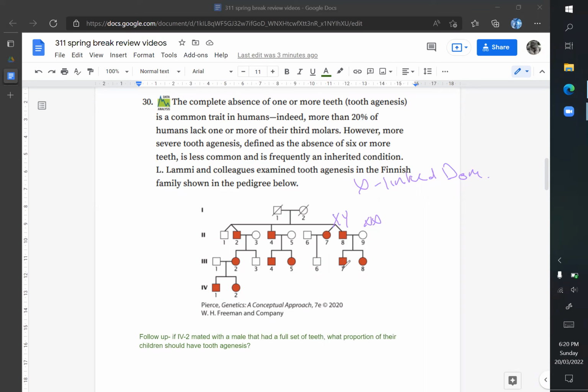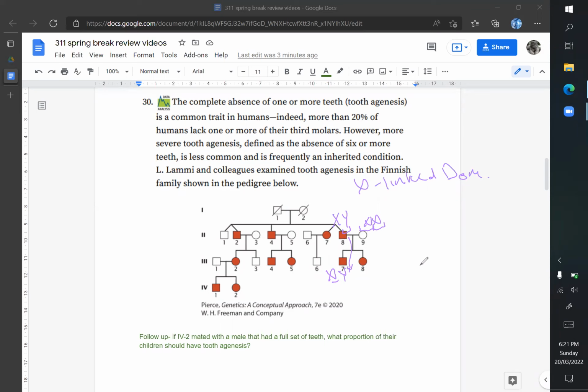For this individual to be a male in the first place, they have some kind of X and a Y. For them to be this male, they'd need to acquire their Y chromosome from their father. But they're affected. So they'd have to have this X chromosome, but this isn't possible because their mother would have to contribute their X chromosome, and their mother does not have the dominant tooth agenesis allele. So we see right away with this example that it is not X-linked dominant, but rather